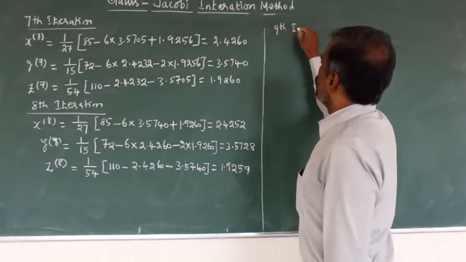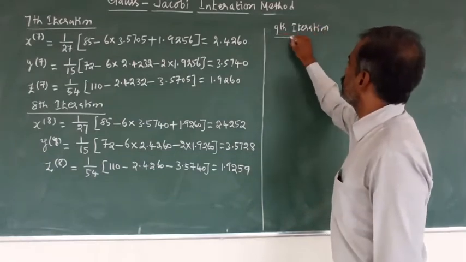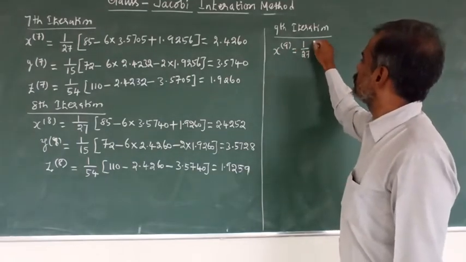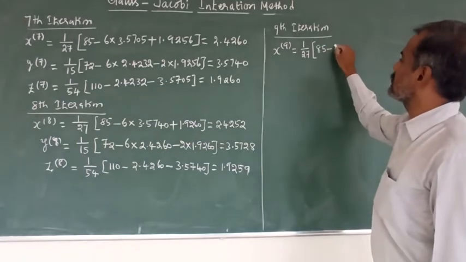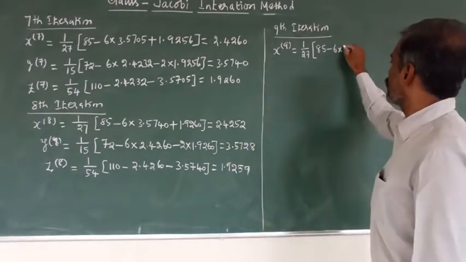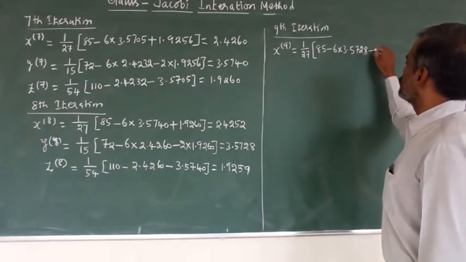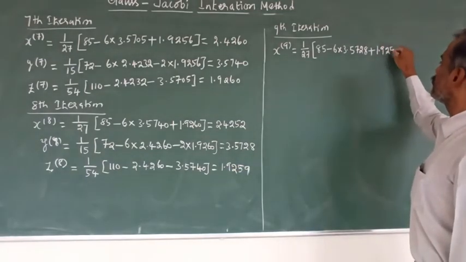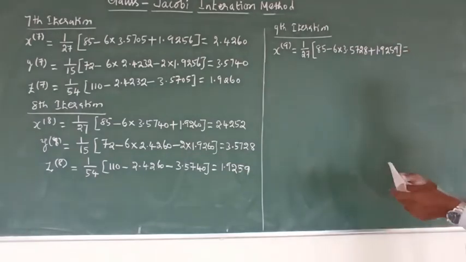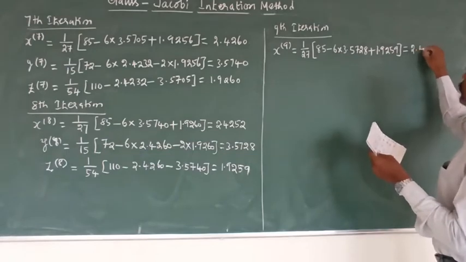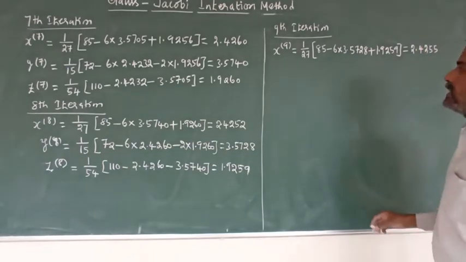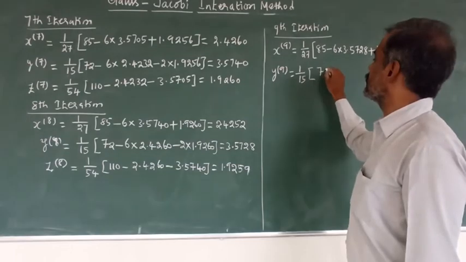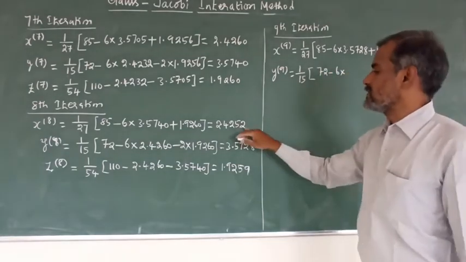Ninth iteration, x9 equals 1 divided by 27 within bracket 85 minus 6 into y value 3.5728 plus z value 1.9259, and simplify, the result is 2.4255, and y9 equals 1 divided by 15 within bracket 72 minus 6 into x value